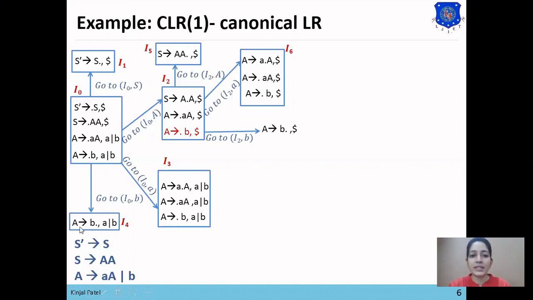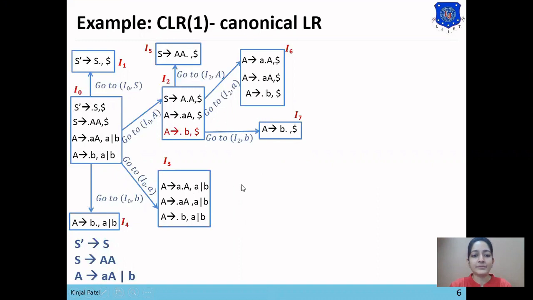Part 1 matches the I4 set, A derives B dot, but the lookaheads are different. So we will not represent this set as a repeated I4 set. We'll represent it as a new set I7 because the lookaheads are different in these two sets.